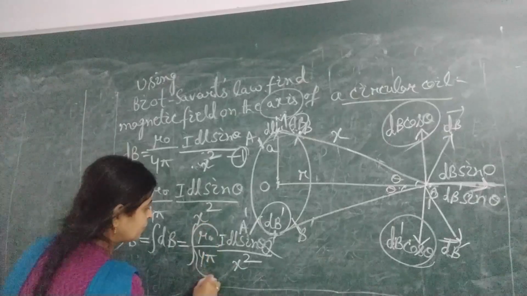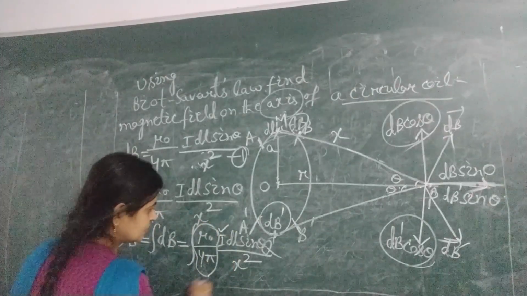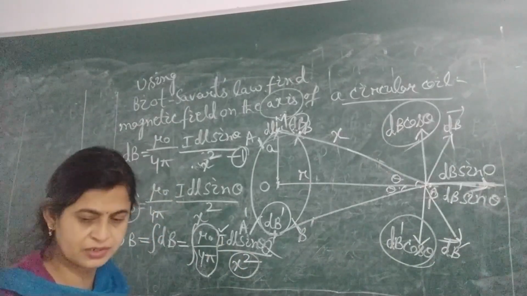Mu naught by 4 pi is constant, I is also constant, x square is also constant. So we can write